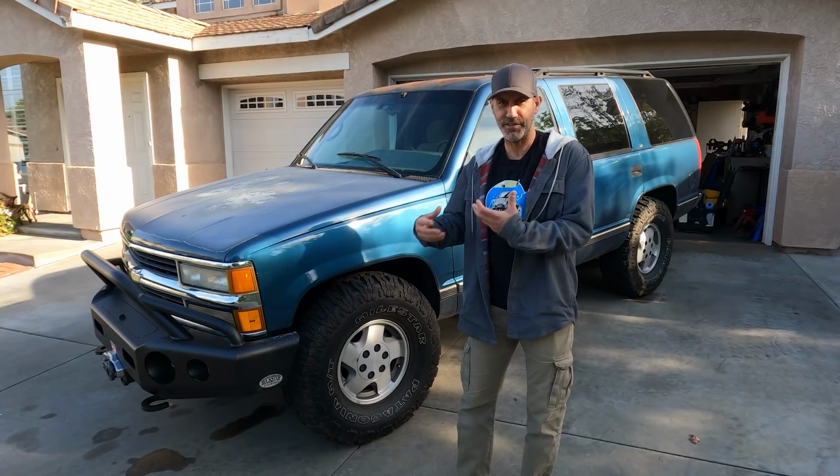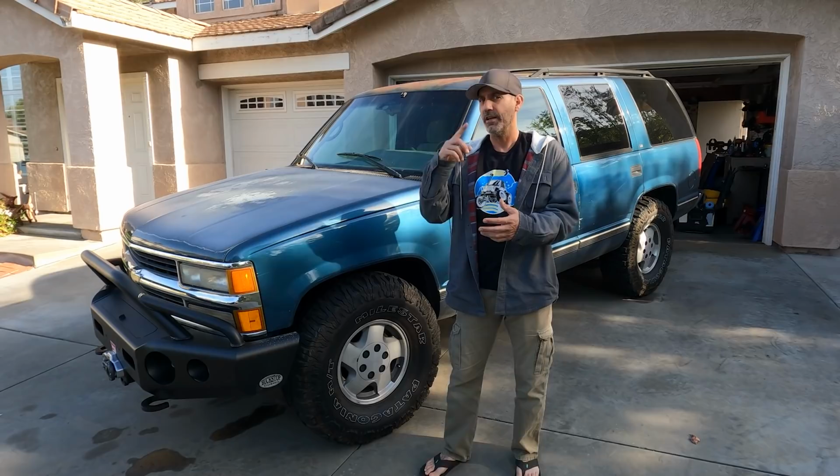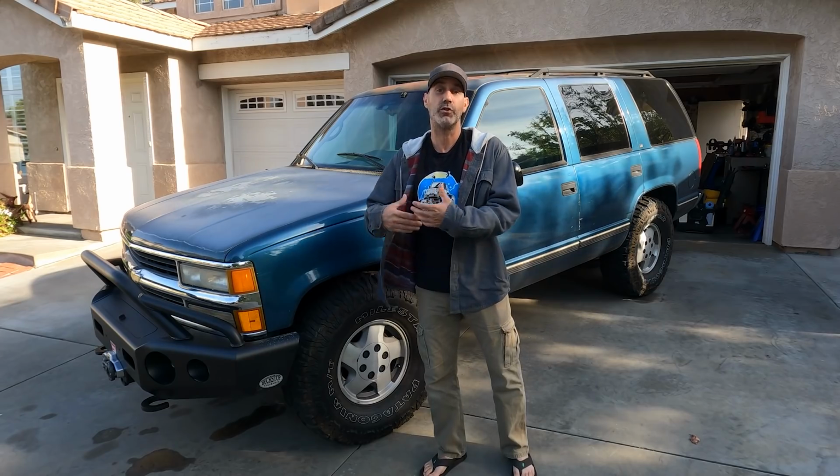Well, of course, the Tahoe made it home in one piece. It's a road warrior. It's in better shape than I am. Now, it still has that nagging problem with the steering being a little bit difficult to keep track of, and that's wearing me out. That has helped me sharpen the list of things to do next, and I'll actually show you the piece that showed up while I was gone that's going to help do that and be one of the next upgrades. But I wanted to take 2 minutes to run through some of the prep that I did on this thing for the trip and some of the performance during the trip,